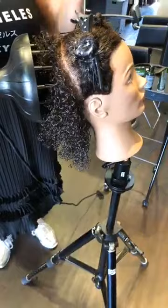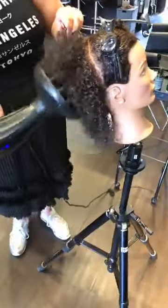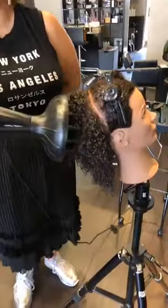So the other thing to keep in mind is not all guests like to wear their hair really, really big and voluminous. So if that were the case, I may pop them under the hood dryer, or I just won't use my chopstick. I'll just go in and kind of diffuse the hair and let the...